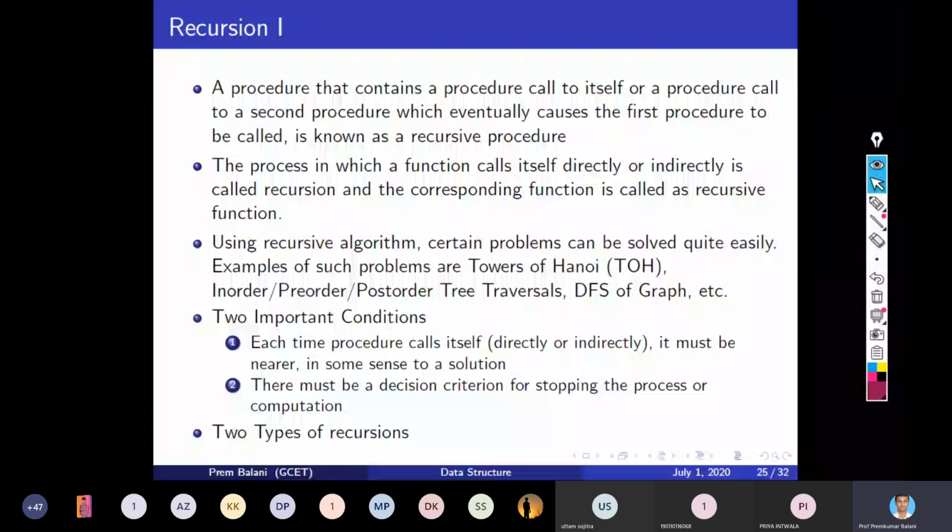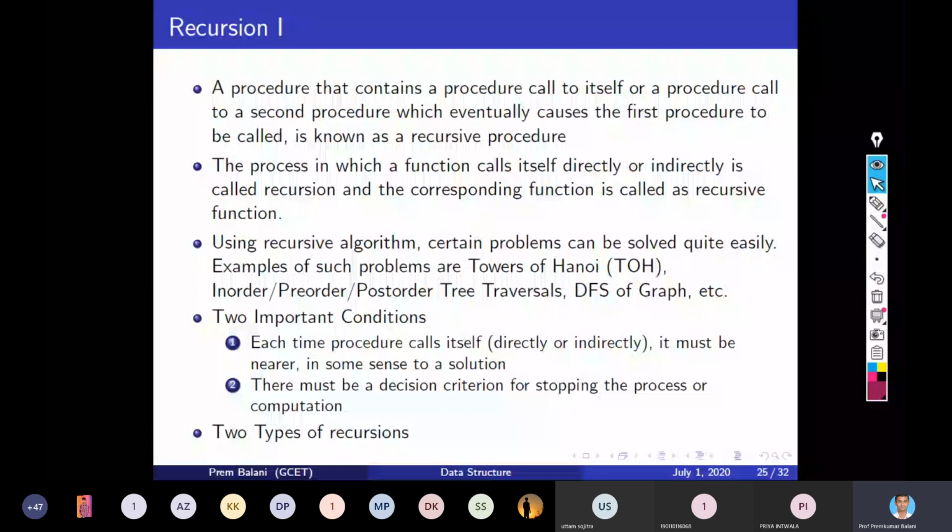This is a very important condition. If your recursion is not taking you towards the solution, then it is useless, and you are just wasting resources. So your recursive function after every call must go nearer to the solution. This is the first condition.